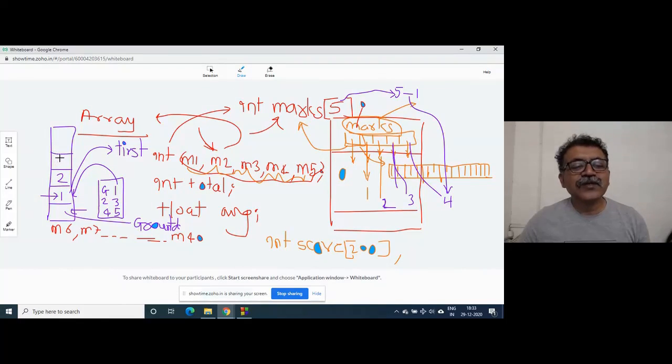This is the fourth floor, index is 3. This is the fifth floor, index is 4. This is the top floor, whose index is 5. While talking, we say that this is a 6-story building, 1, 2, 3, 4, 5, 6, but its indexing is from ground, 1, 2, 3, 4, 5. So same logic